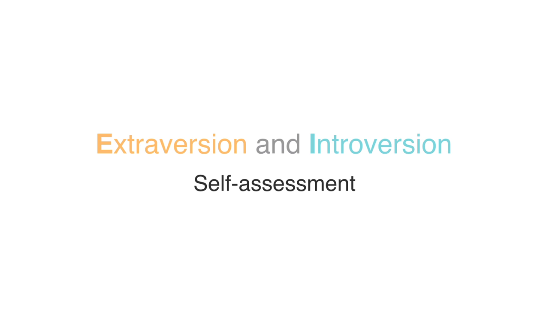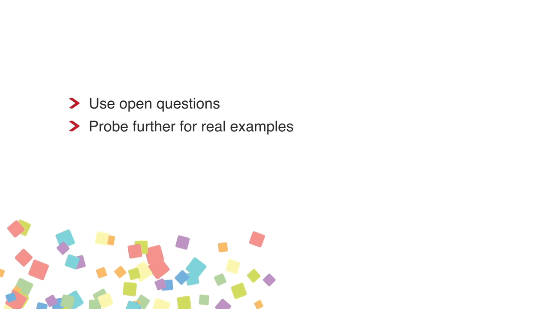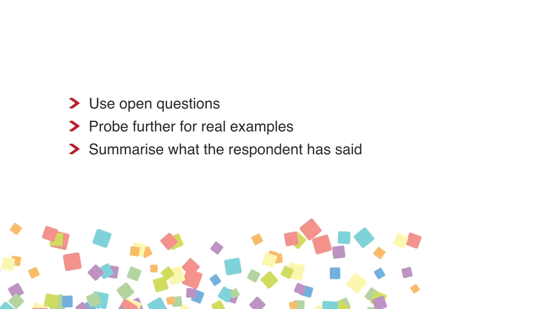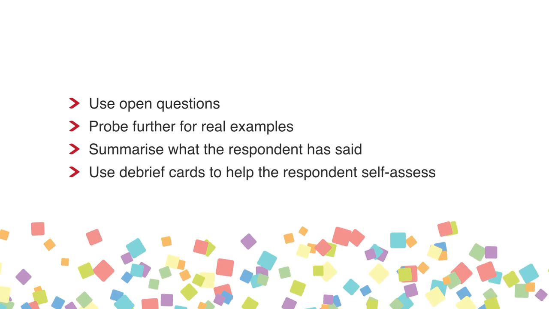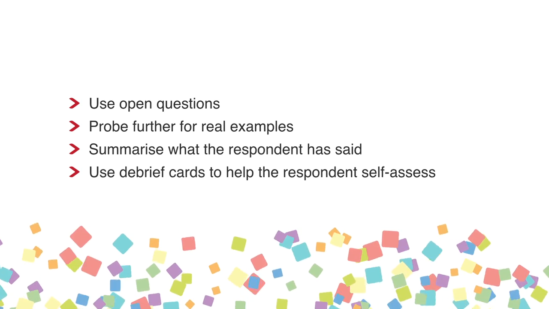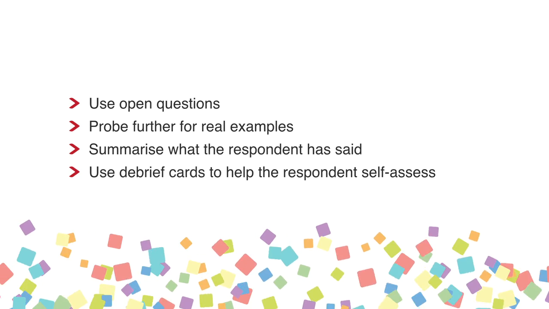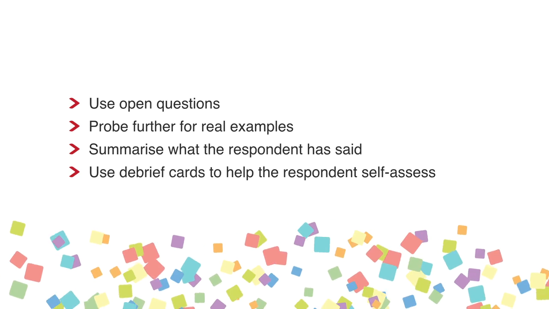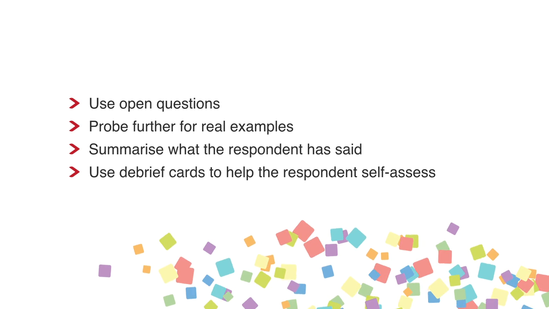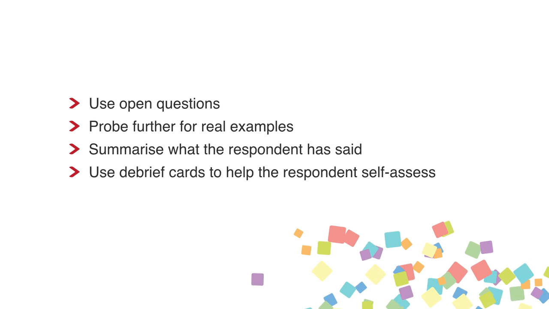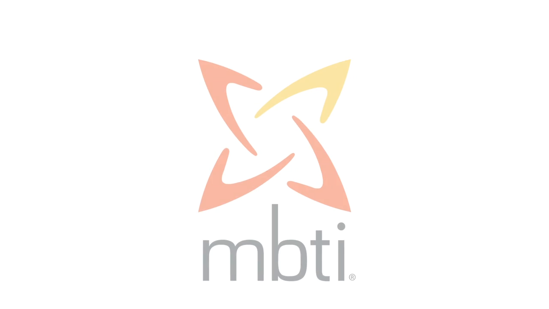In this part of the video, we look at how Pauline encourages Paul to assess himself on the preference pair. She will be demonstrating how to use the feedback cards to explore Paul's preference. Effective questioning will help the respondent to self-assess. Pauline uses open questions to encourage Paul to think about his behaviours and how these help illuminate his preferences. She debriefs the question without telling Paul his preference, leaving him to say which way he thinks he leans. Remember that people are the best judge of their own type, and your role is to encourage them to decide rather than telling them or leading them.